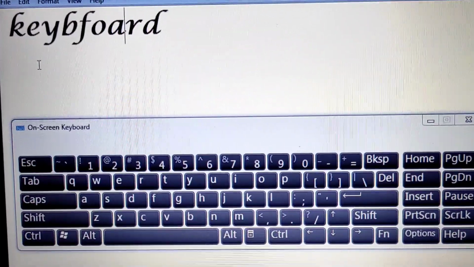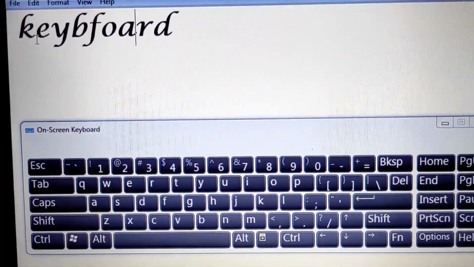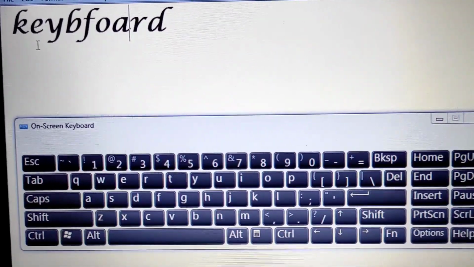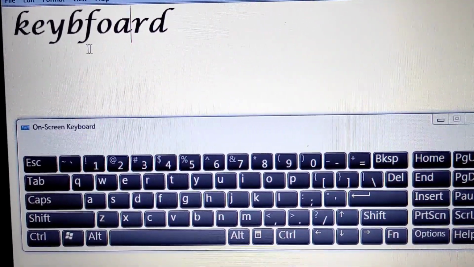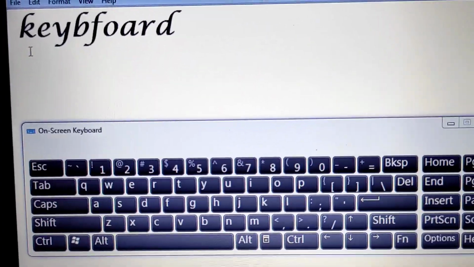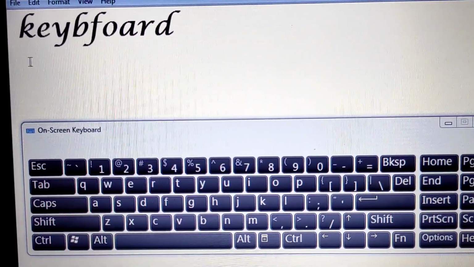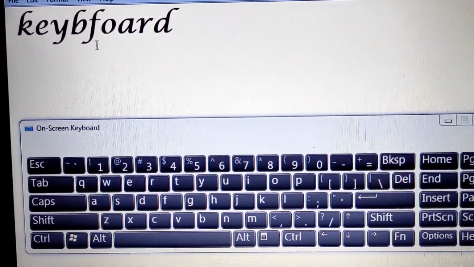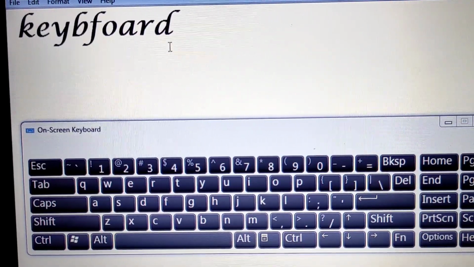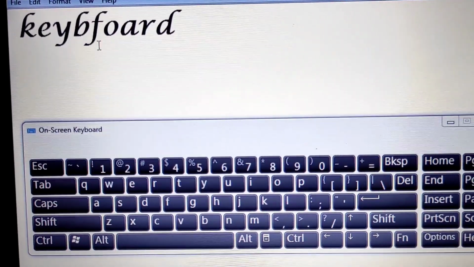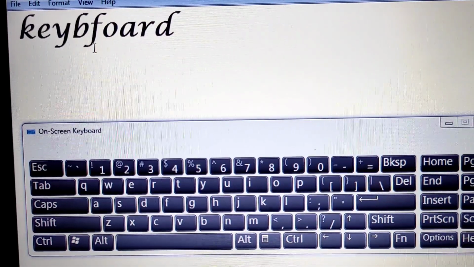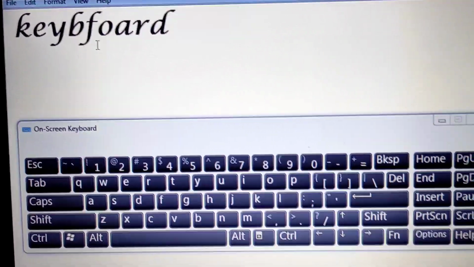Oh, so here we have made a mistake, right? Here you can see we have made a mistake. So the correct word will be K-E-Y-B-O-A-R-D, isn't it? But here we have typed the letter F after B.